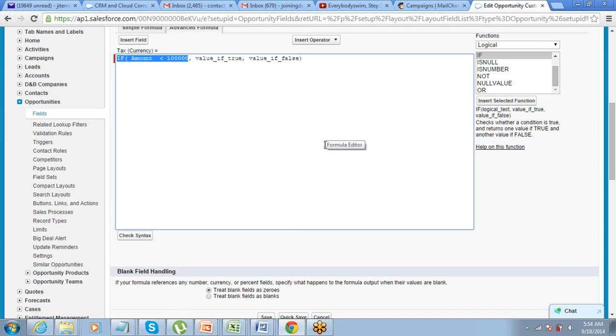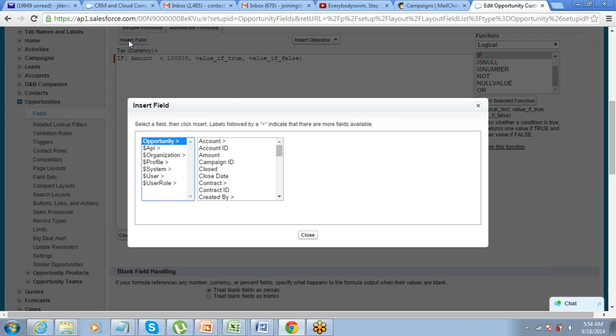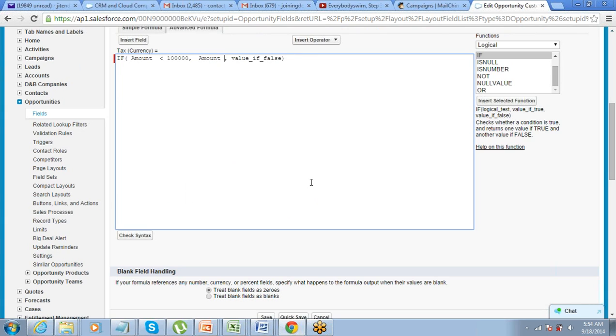If amount is less than 100,000, then the tax will be equals amount into 0.1, else tax will be equals to